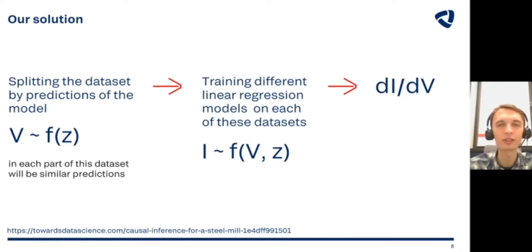And with these models, one in each subset, you can receive derivatives of electric current by velocity. You can read about this case in the link below. There is some code and examples.